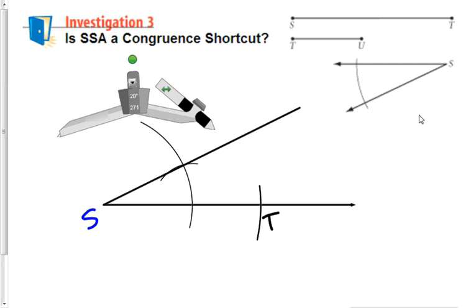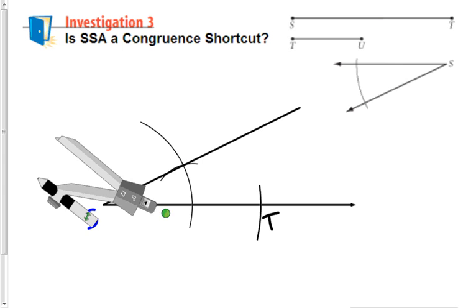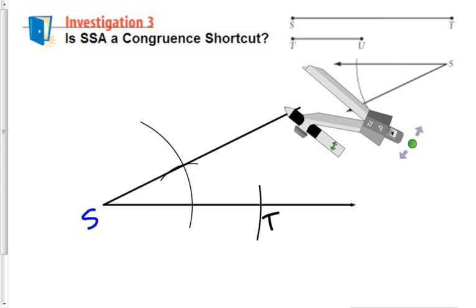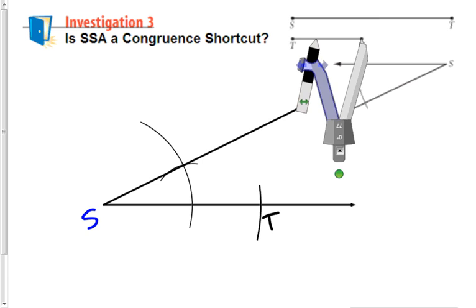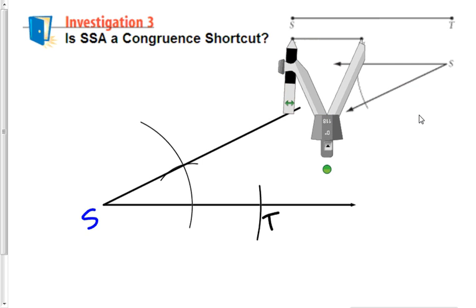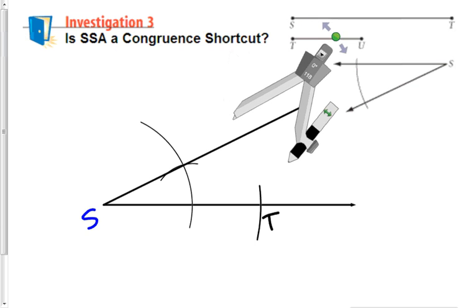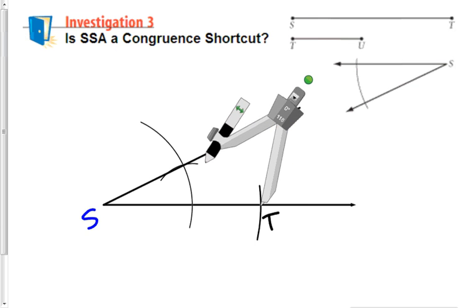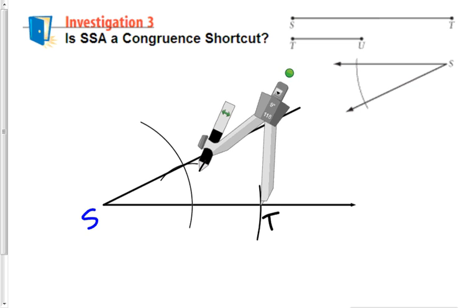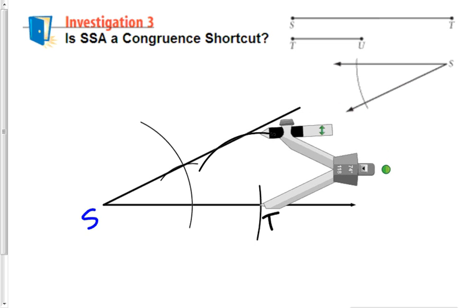Okay, now I can duplicate TU. So let me come over here and measure TU. Got it. Come down here. Put my compass on T. Looks pretty good. And now strike an arc. Now,